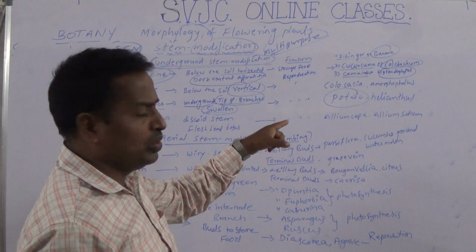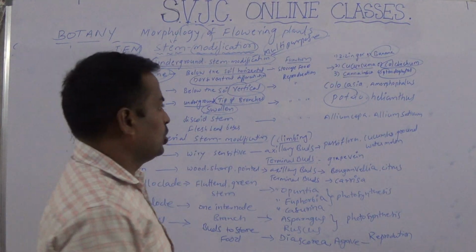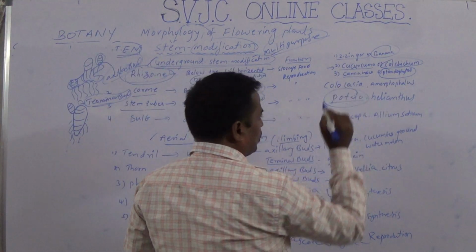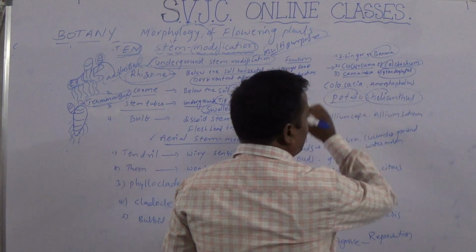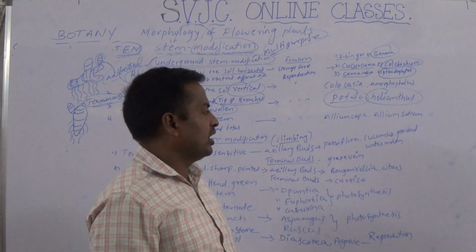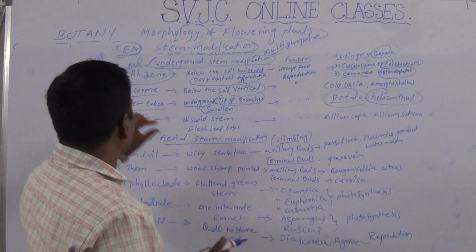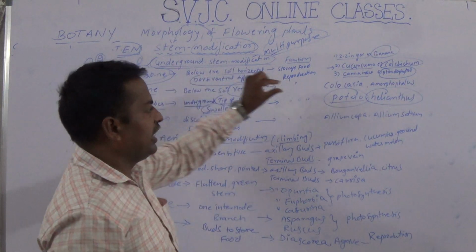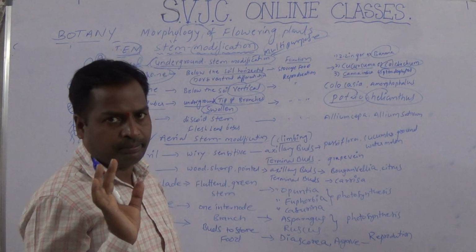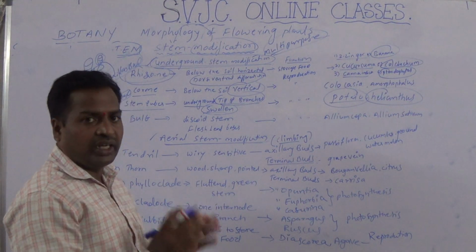Example: when you remember it, you should also have an idea of its family and its botanical name. So potato is Solanum tuberosum and also Helianthus tuberosum. So both plants belong to Solanaceae family. So questions come like: stem tubers are reported in Solanaceae family, is it right or wrong? It is the right option. Are you clear? Family is important and botanical name is important.